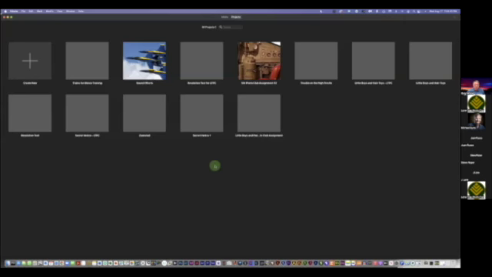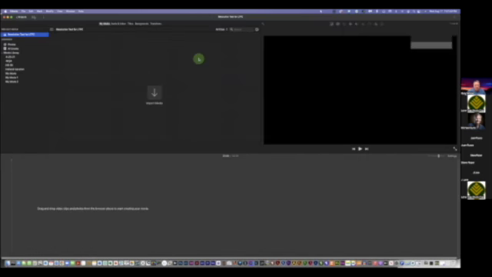So let's go to iMovie. Again, this is what you're going to see when you open up iMovie. You have the things that you've already created, as well as a way to create something new. I want to first show you the resolution test. And this is, I'm going to pull in some assets,